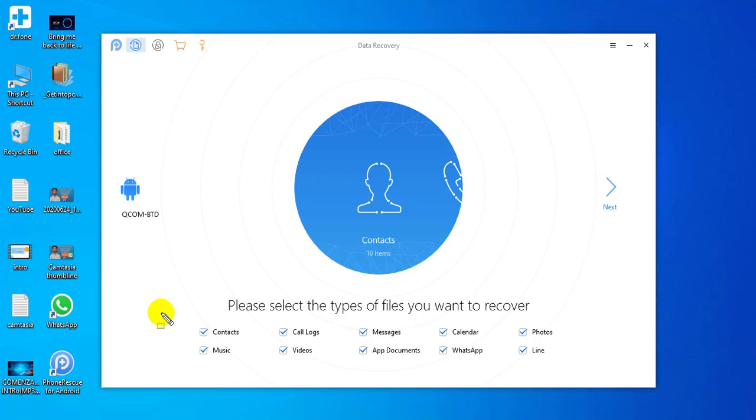you can recover the following data like contacts, music, call logs, your videos, messages, all types of data. You can recover your WhatsApp, any type of document which you want you can recover from here. But now I don't want to recover all those things, because it's just a demo, and for that reason I will just collect photos or videos, that's it. Now just click on Next from here.